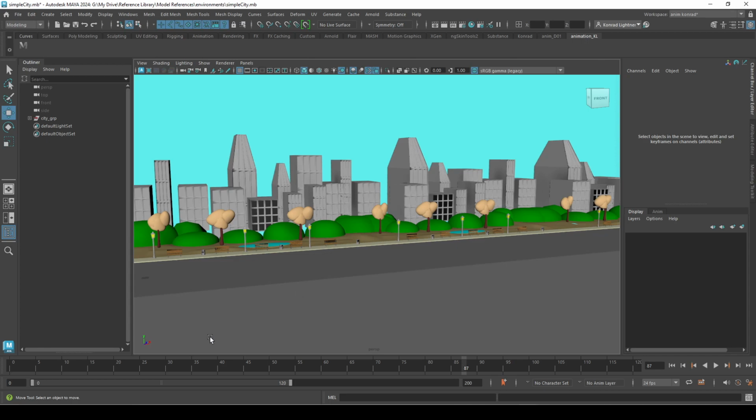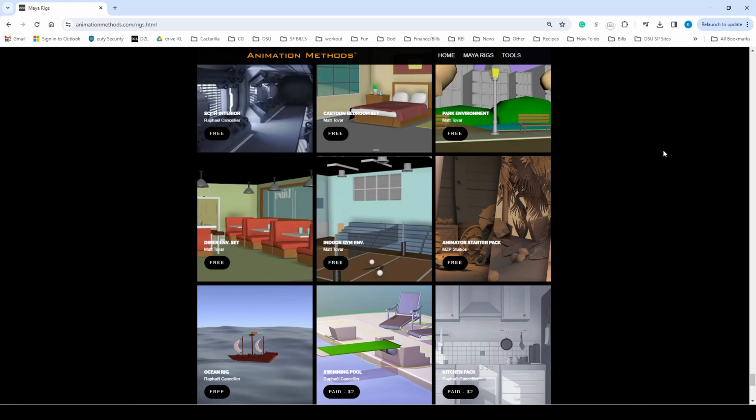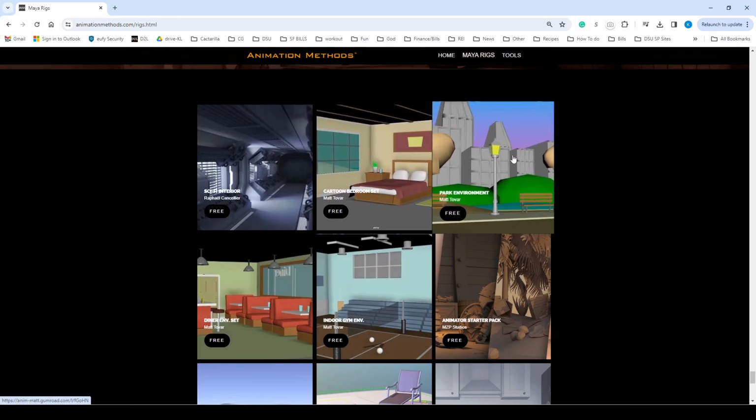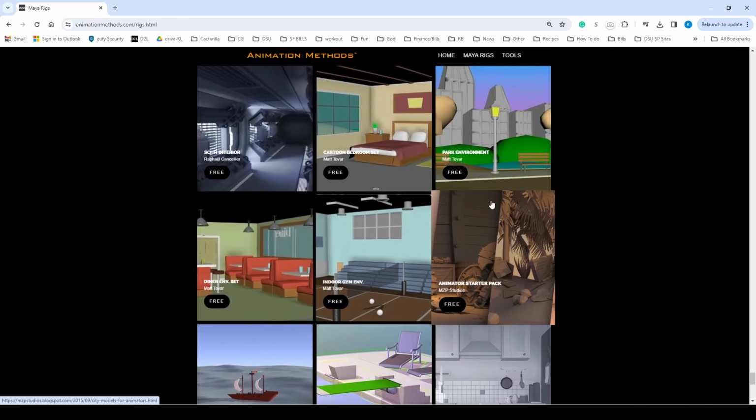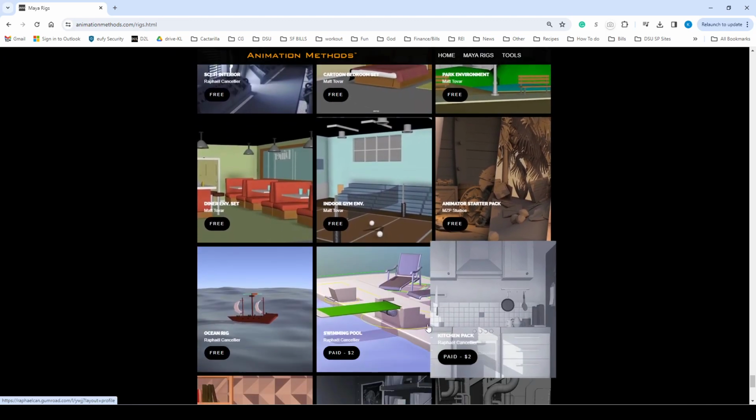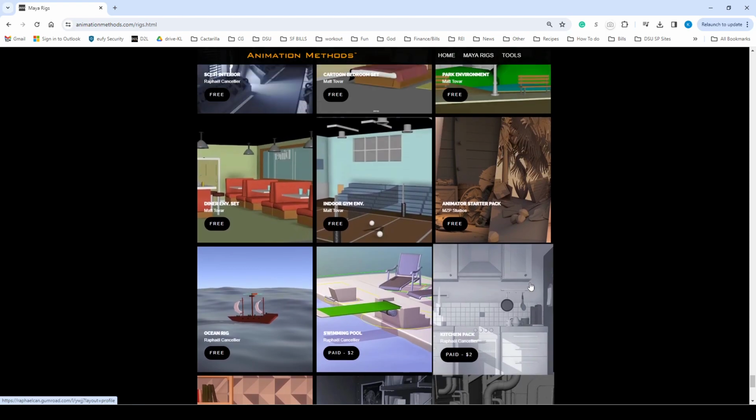scene that I took from Animation Methods, so we can go there right now. And that is under this tab, Maya Rigs, and it's by Matt Tovar. So thank you, Matt, for letting us use this. And I just extended it and changed it a little bit. So if you're not in my class, feel free to download that. Otherwise, in my class, I'll give you the exact scene that I have, or you can download